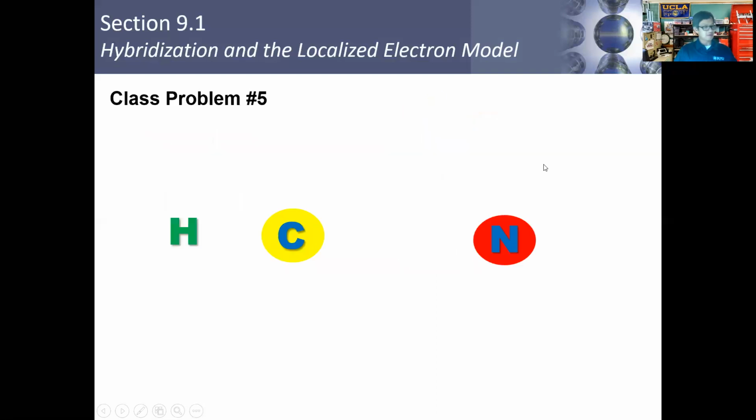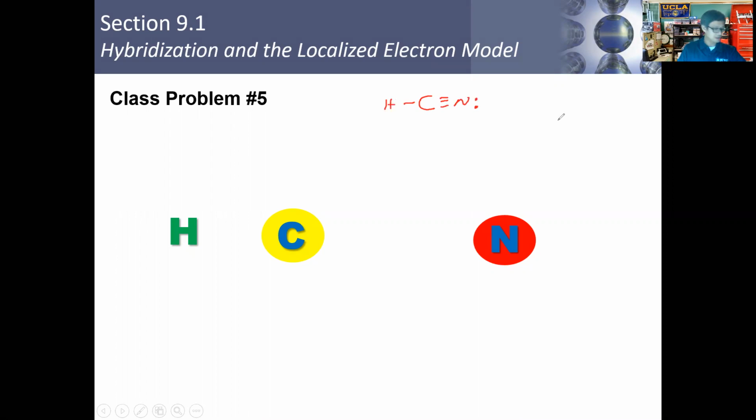So there we have it. We have our carbon, we have our nitrogen, and we have our hydrogen. Let's draw the Lewis dot structure first. For this particular molecule, hopefully you recognize the carbon is going to be the center atom, triple bonded to nitrogen, single bonded to hydrogen,